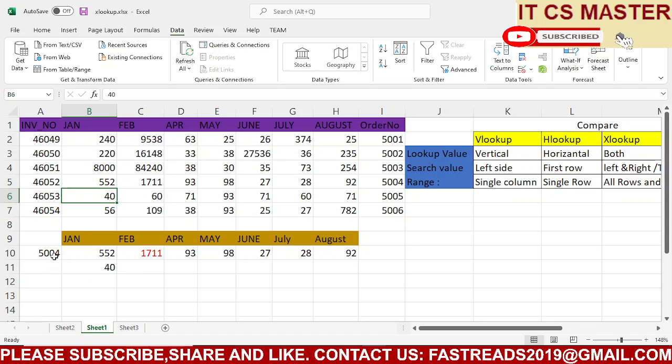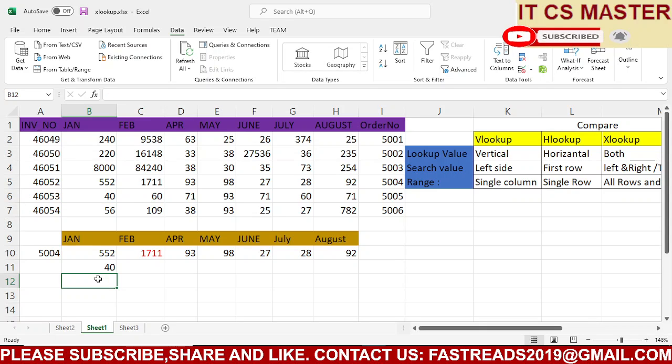But using XLOOKUP, we find values from the right side, with all values of the selected range. I hope it is clear. If you have any doubt, just post a comment.